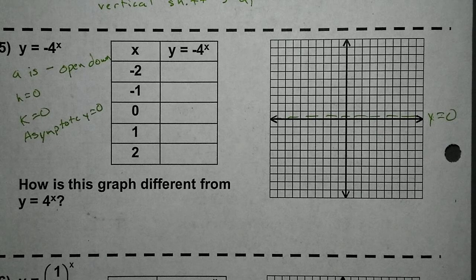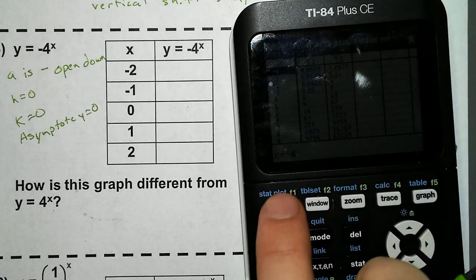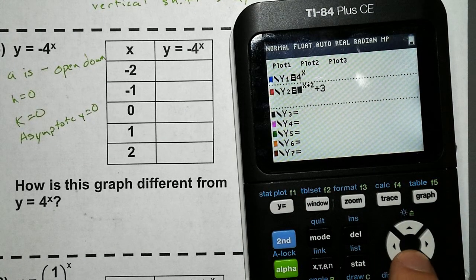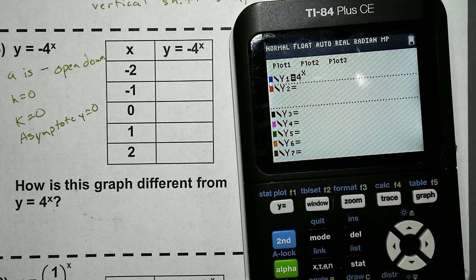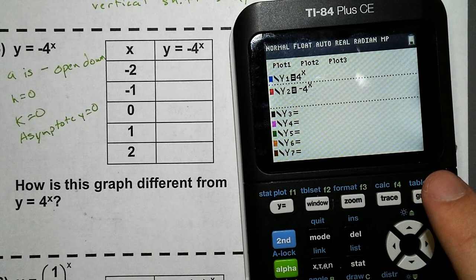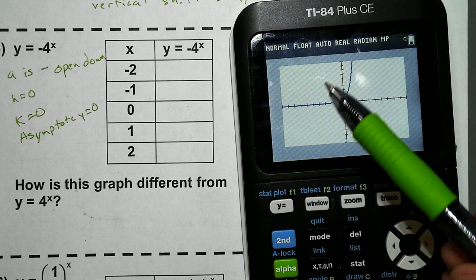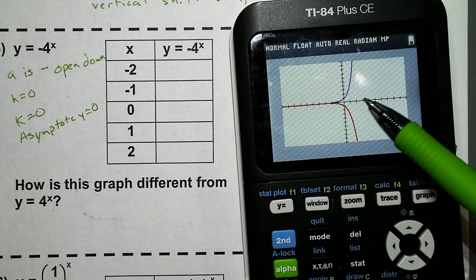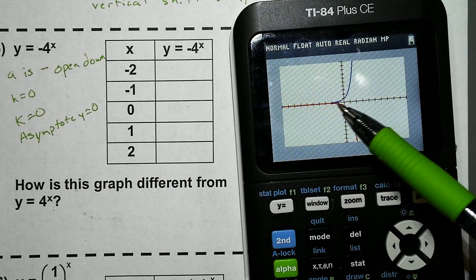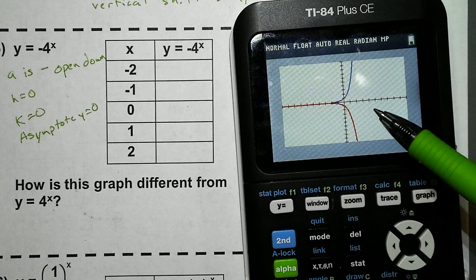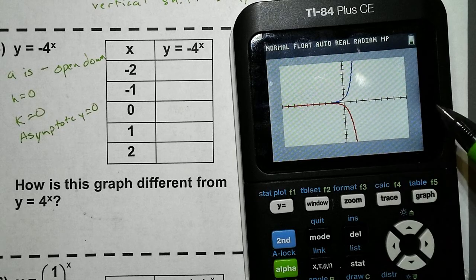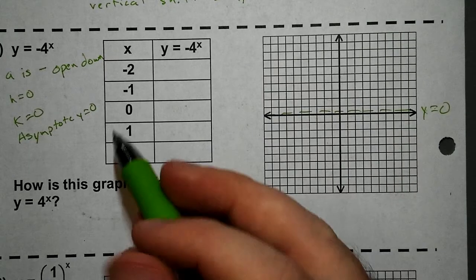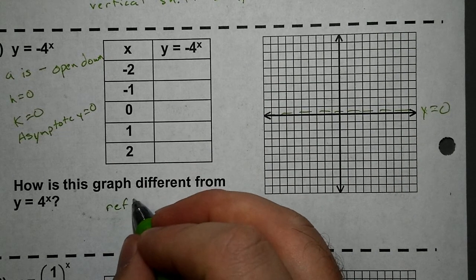And now let's get our values. So go into our y equals. We'll leave 4 to the x on number 1 just so we can see the change. And we'll put in now negative 4 and raise it to the x. Let's hit graph. Blue one's what we started with. Red one's what it goes to. You can see the only difference is it's just a reflection. It reflects over this axis, which is the x-axis. So, reflect